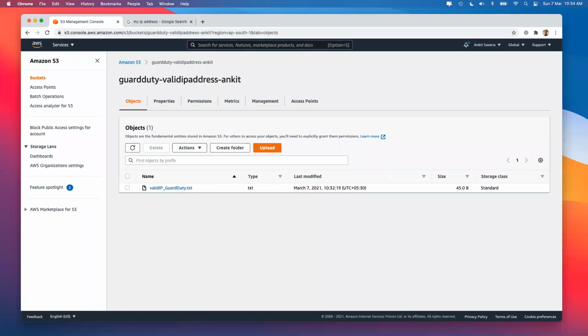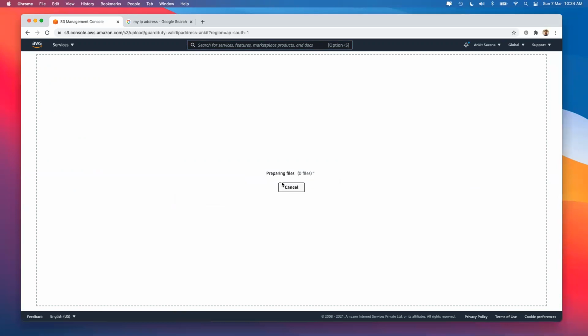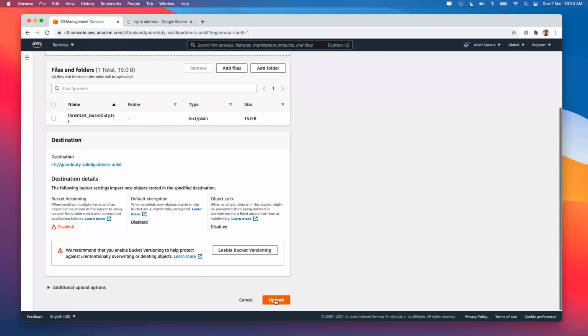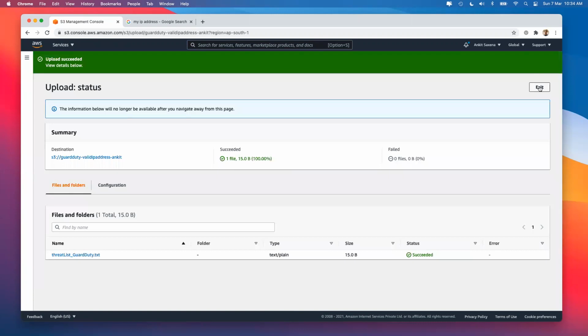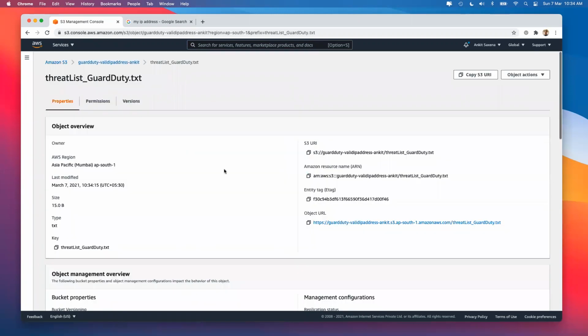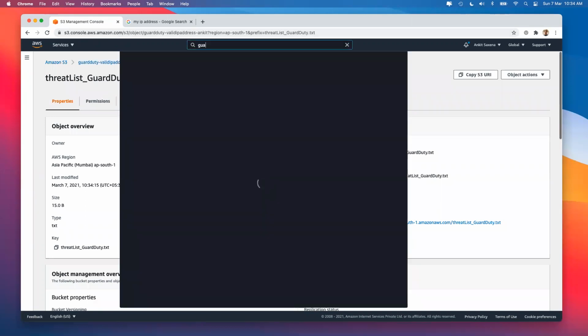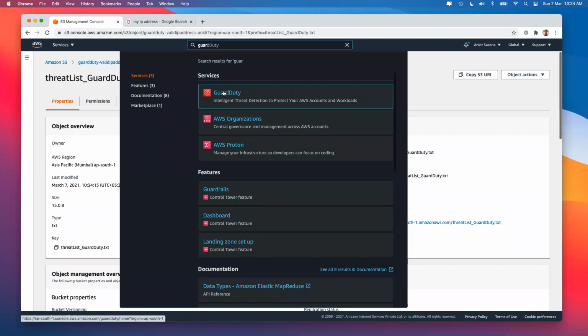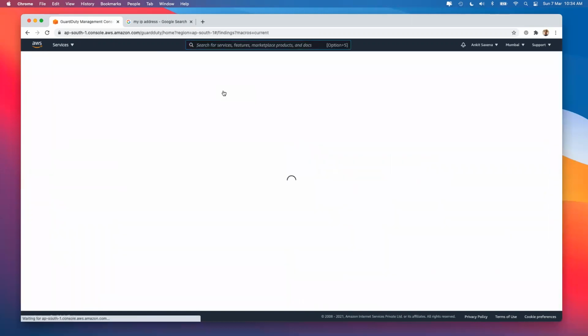In this case, I'll also give my threat list over there to guard duty. Once it's done, just click on upload. And once that's done, you get your threat list and copy the address over here, the object URL, and you go back to your guard duty and we will add this list inside the threat list now.